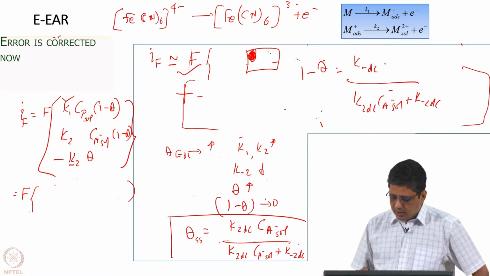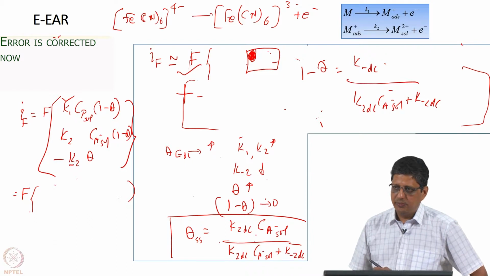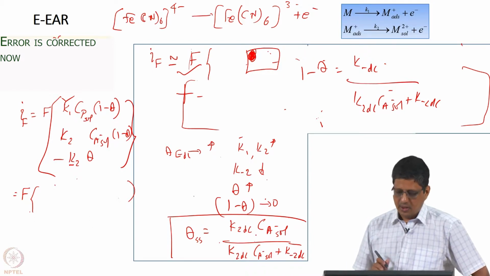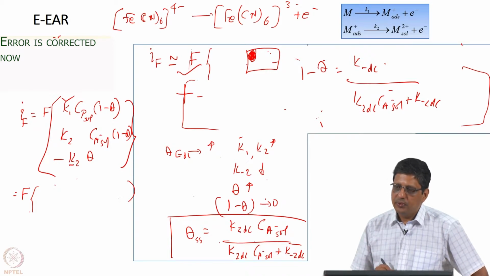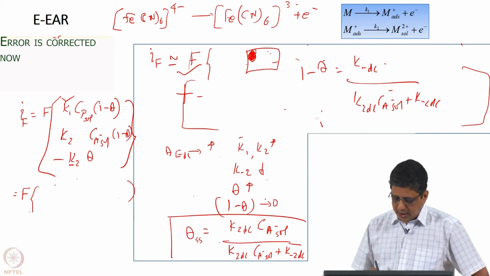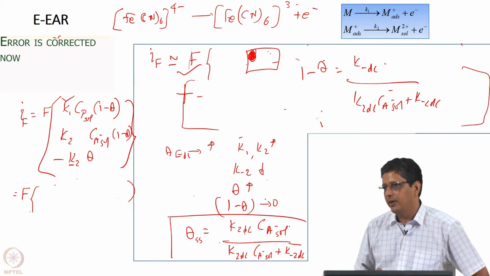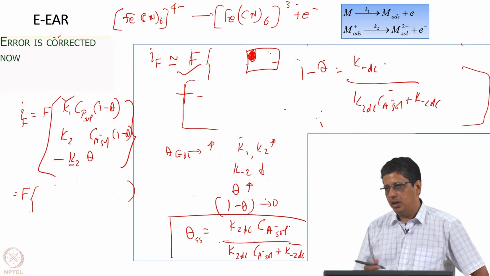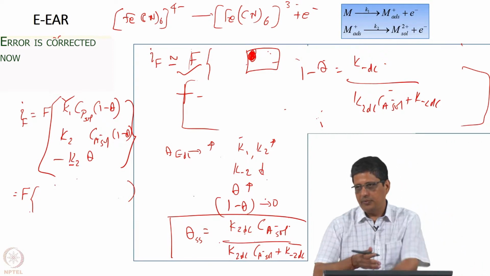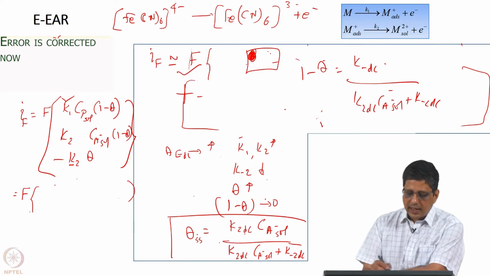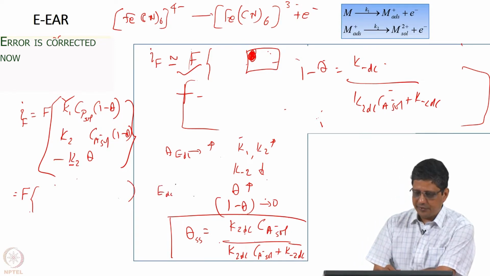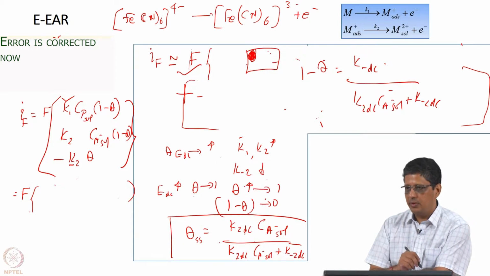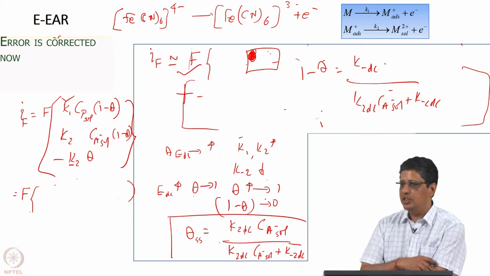Now, what happens when potential is increasing? Forget the K1, K1 is not here. Concentration of A in solution is a fixed number. K2 is going to increase. K2 in the numerator and denominator is going to increase, K minus 2 is going to decrease. So, it is going to become almost close to 1, because numerator and denominator are large numbers, more or less equal. Therefore, as EDC increases, theta will tend towards 1. Here I say it increases, I should say it tends towards 1. If theta tends to 1, 1 minus theta will tend to 0.